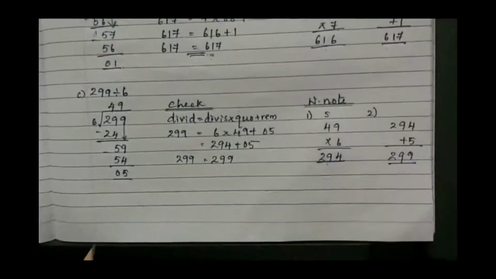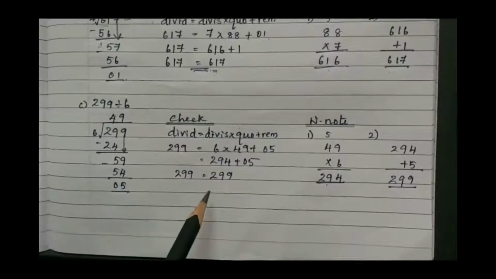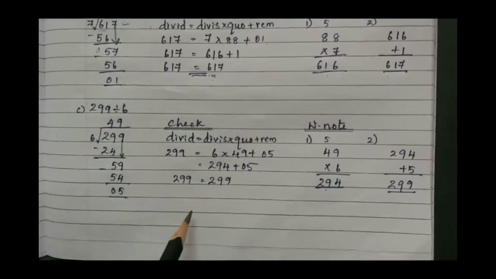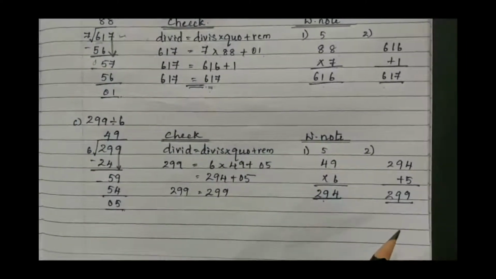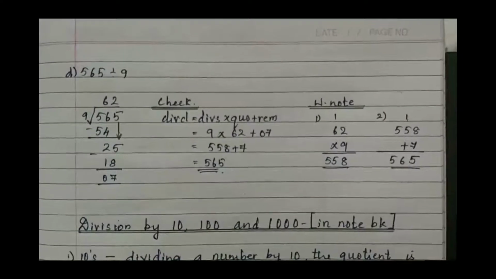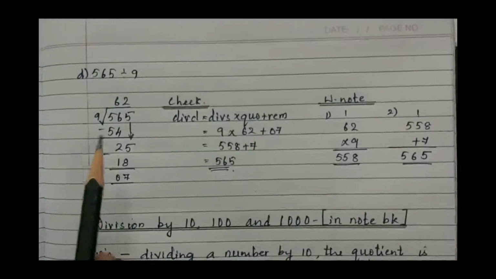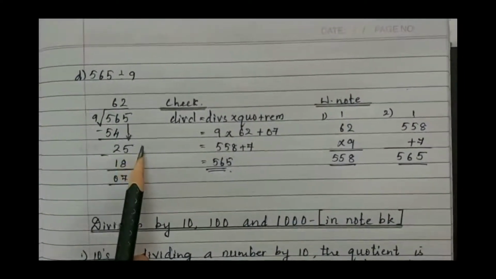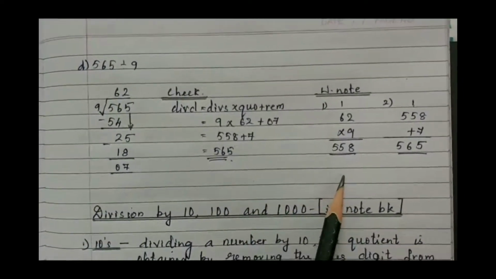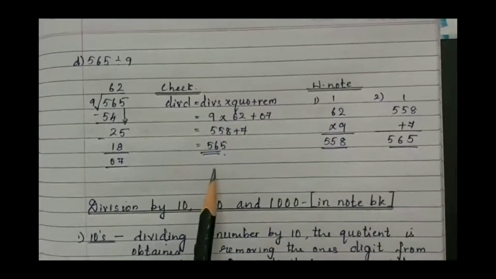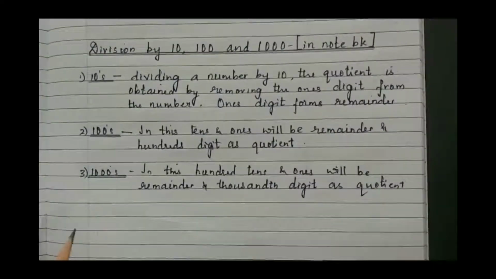Similarly, C is done. So do the first division. Later on, write down the formula and check. And for verification, do the working note. That is first multiplication. The next will be addition. Similarly, D also. First divide it in the regular way. Write down whatever the quotient as well as the divisor is there and even the remainder. Go for the working note. Calculate it. Multiply. Later on addition, you will get the answer similar to the dividend.